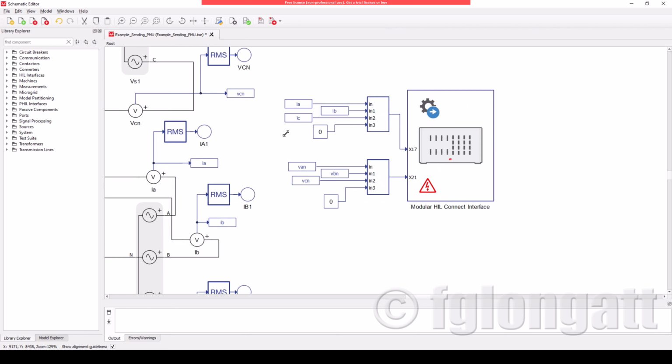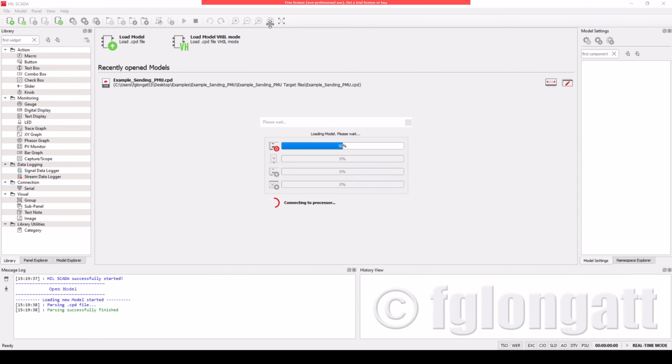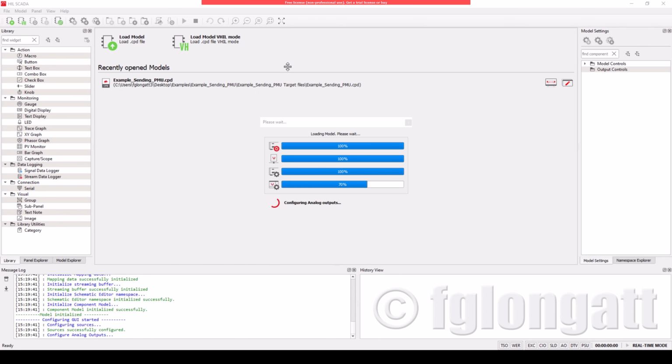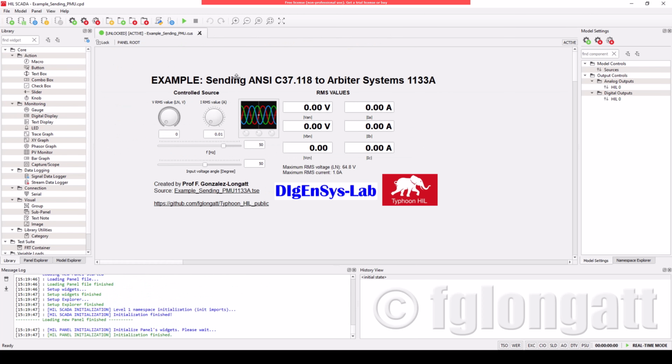HIL Connect. Well, right now I explained this schematic, and what I will do straight away is to compile this model and send this model to the HIL schematic. Right now we are compiling and it is loading the model into the HIL 604, and right now we are ready to open the panel. As you can see over here, this is a very customized panel that I can send voltages and currents into the